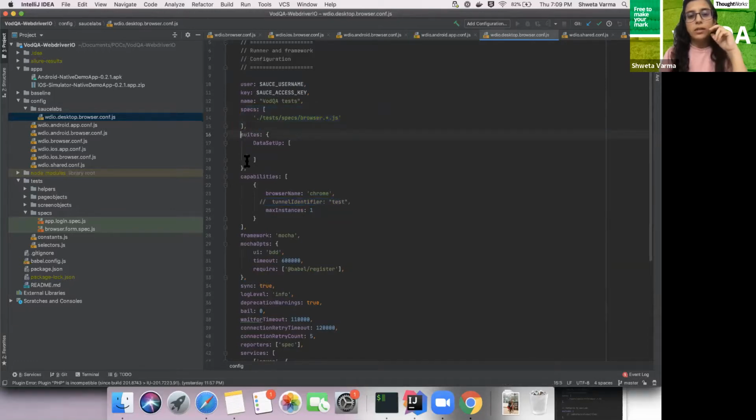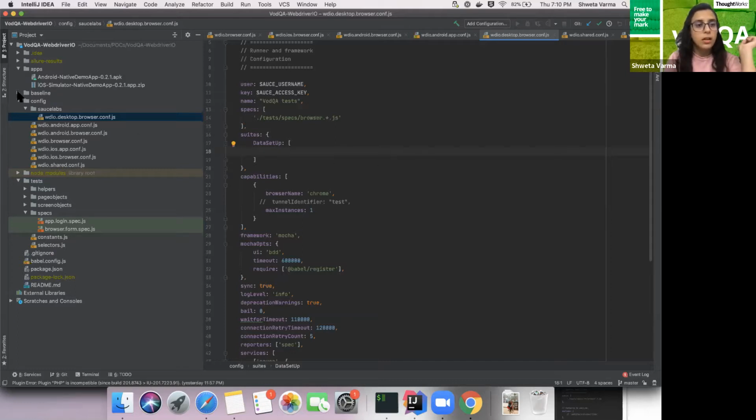And you might be saying this is something different here, test suites. So let's consider that I have a certain file and I want to run it only once, and I want it to be excluded all the time. If you just want to execute certain files, you can use suites, and in that you can add the name of it, and here you can add the path of the files which you want to use. You can specify an absolute path, or if you want to have it in a relative way, you can do that as well.